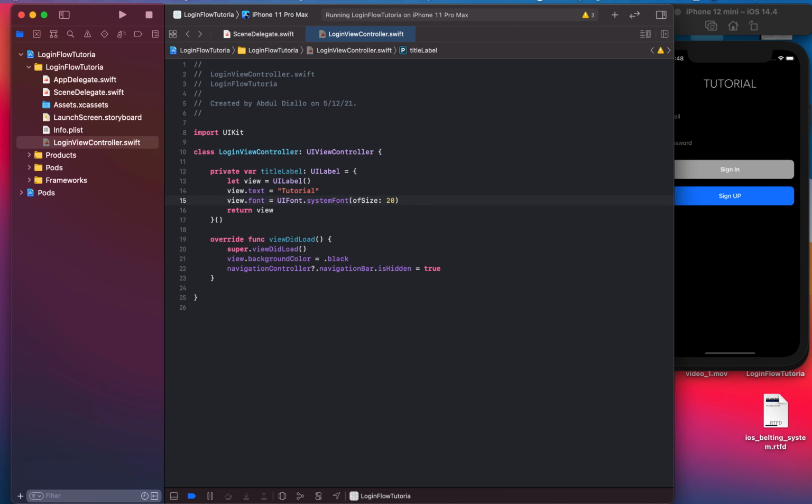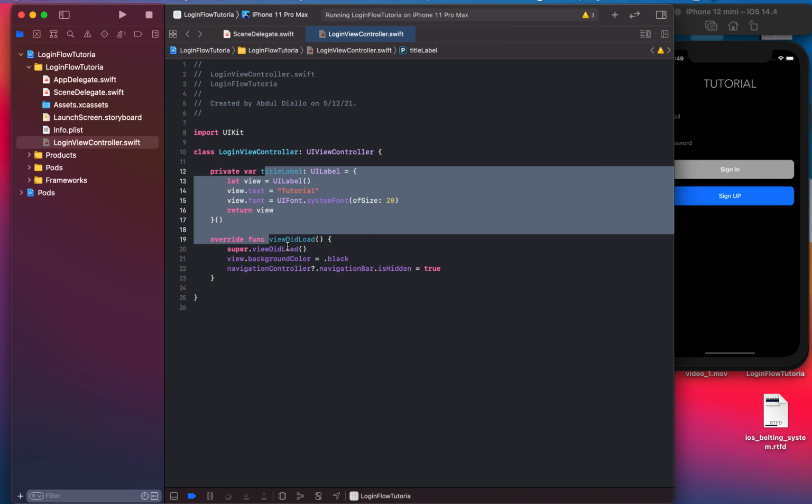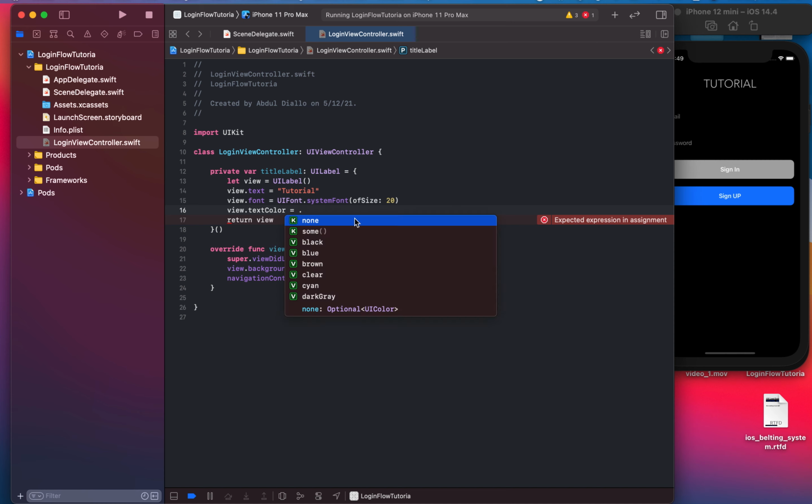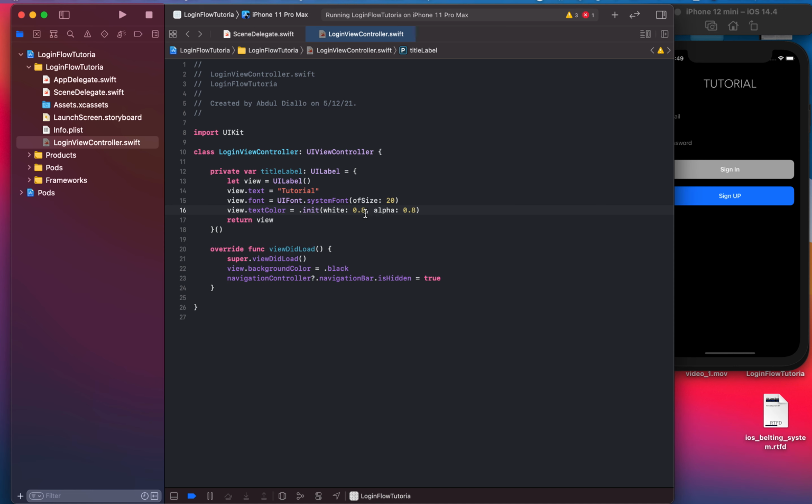Okay, what else do we need? First thing first, I would like to see what this label looks like so far. So let me just give it a text color. This looks like a gray white, something like that. So go ahead and give it a white of 0.8 and then 0.8 for the alpha, so it's a little bit shady. Okay, let's go ahead and take the view,